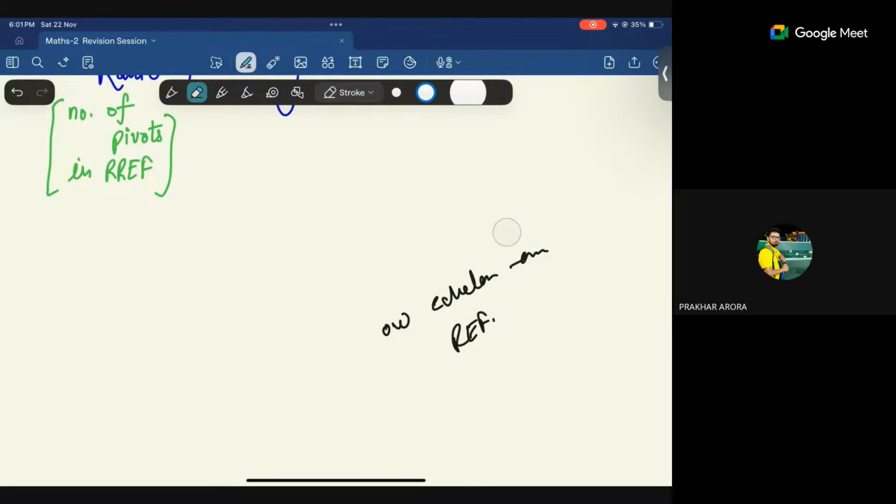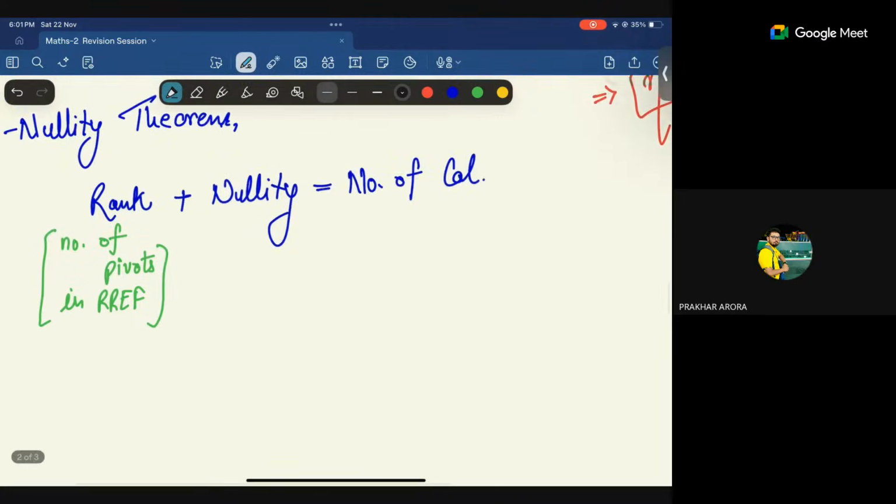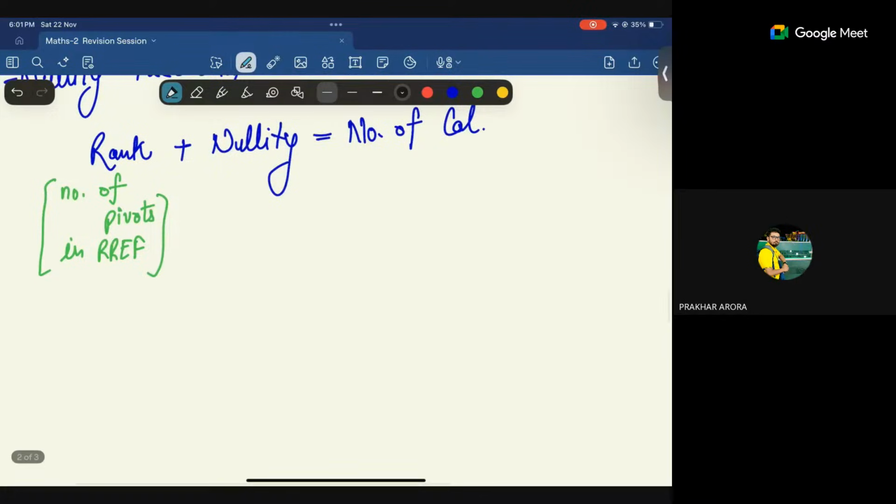And please, if anyone does not know how to do this, you will not be able to do any part of linear algebra anywhere without knowing RREF. So please be a master at it. And it's pretty simple as well. So I think now null space is complete. Null space is done.